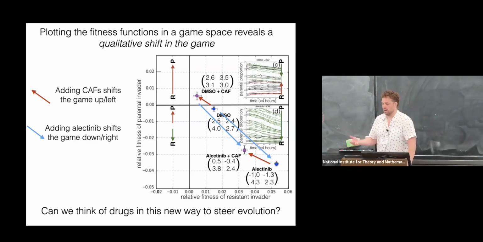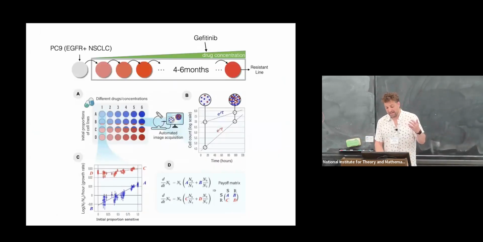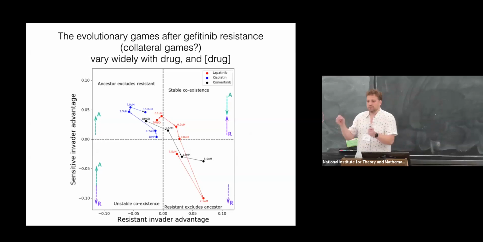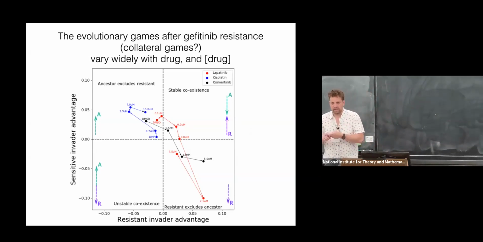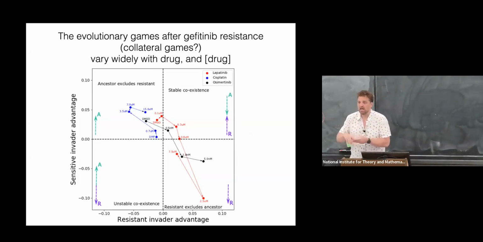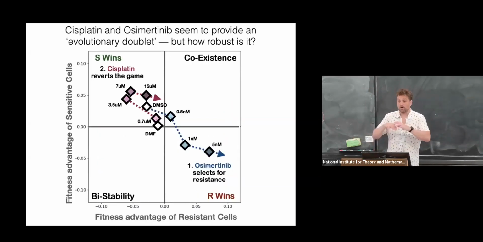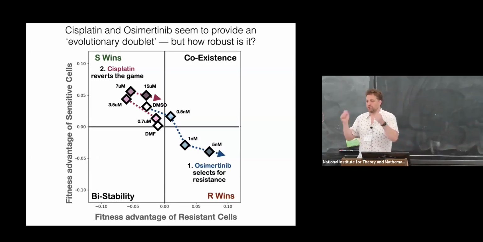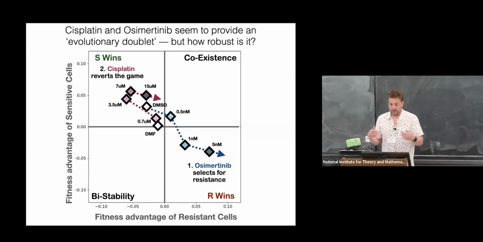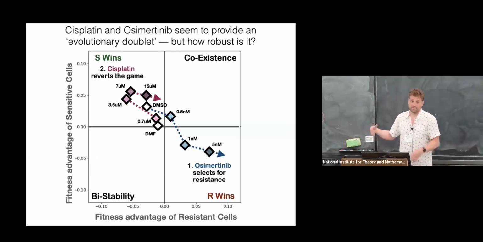So can we harness these conflicts? What's cool is that we did it again. I'm just going to skip this slide, but the point is that if you do this again with different drugs and different cells and different doses, your games move all over the place. So we actually have access in our armamentarium to drugs that perturb the scenario in different ways that you can choose. And so we actually have now a whole library of scenarios and drugs where we can pick the game. So all of a sudden you can start stacking up the dynamics in a way that you like. And that's sort of where we want to get. I want to get to a place where we can sort of start applying formal control methods to these ideas. So we can think of those in the model systems that we use.